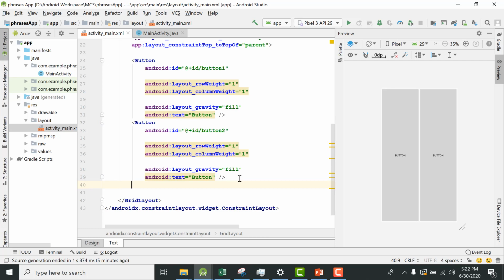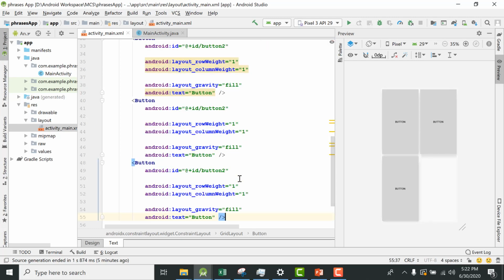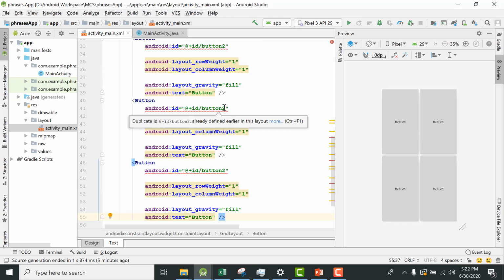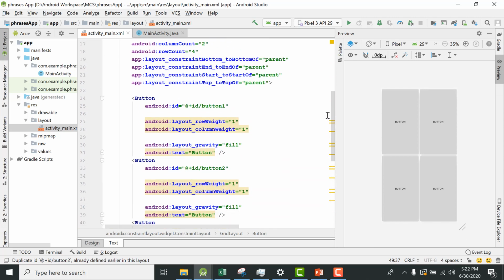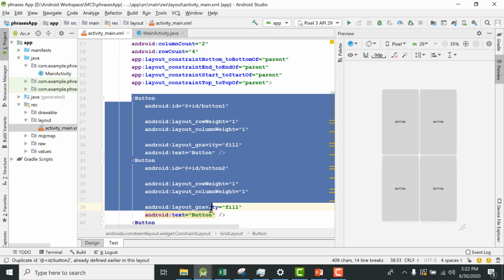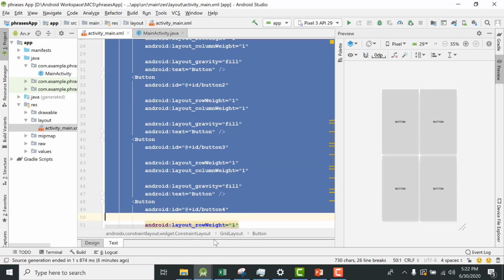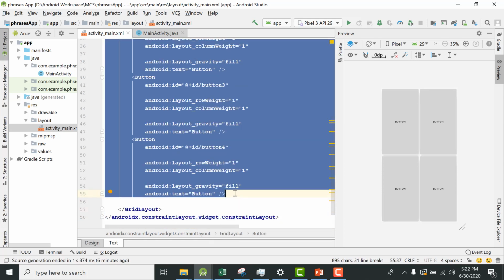So we can now keep on adding more and more buttons. So let me copy it, paste it here twice. So now we have button 3, 4. So you see 4 buttons. I'm brave enough to copy all these buttons because I want to save my time.